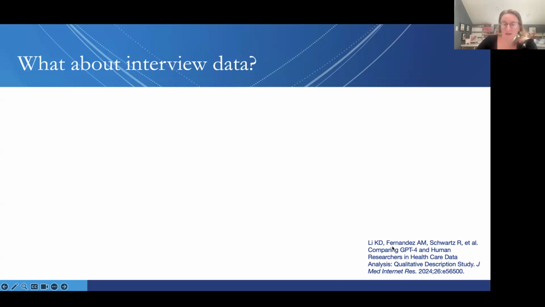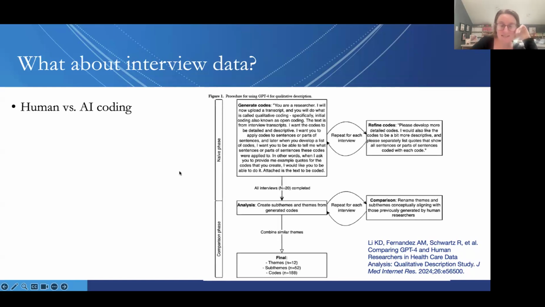So this paper focused on interviews about urologic diseases in men. Here they did do human to AI coding. So the process that they used was different. Again, different researchers, different process, lack of standardization across the field, kind of a problem. But what they did here is they took transcripts.